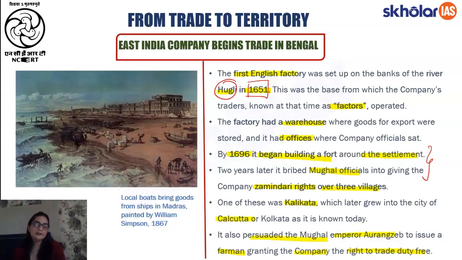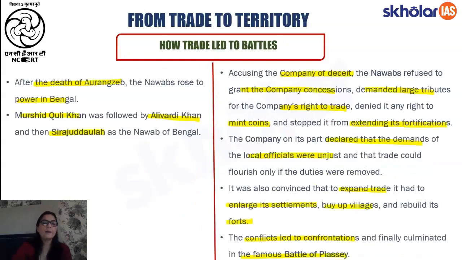कंपनी ने अपने सेटलमेंट्स को फोर्टिफाई करना शुरू कर दिया था, जिसकी वजह से उनका लोकल रूलर्स से भी झगड़ा हो रहा था। बट मुगल ऑफिशियल्स को ब्राइब करके, पर्टिकुलरली औरंगजेब से उन्होंने एक फरमान यानी कि रॉयल डिक्री ले ली थी, जिसकी वजह से वो इंडिया के अंदर ड्यूटी फ्री ट्रेड कर सकते थे। अपार्ट फ्रॉम दिस हमने ये समझा था कि इंडिया के अंदर कैसे रीजनल पावर्स बाहर आई थी, और